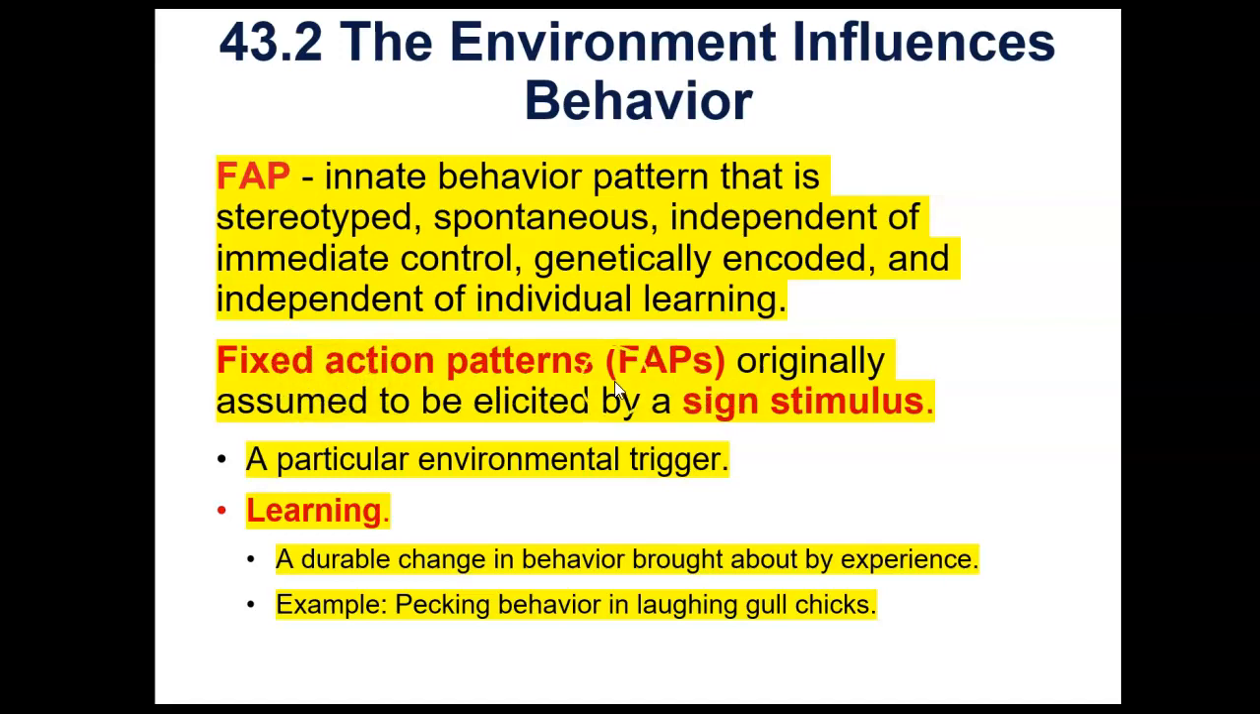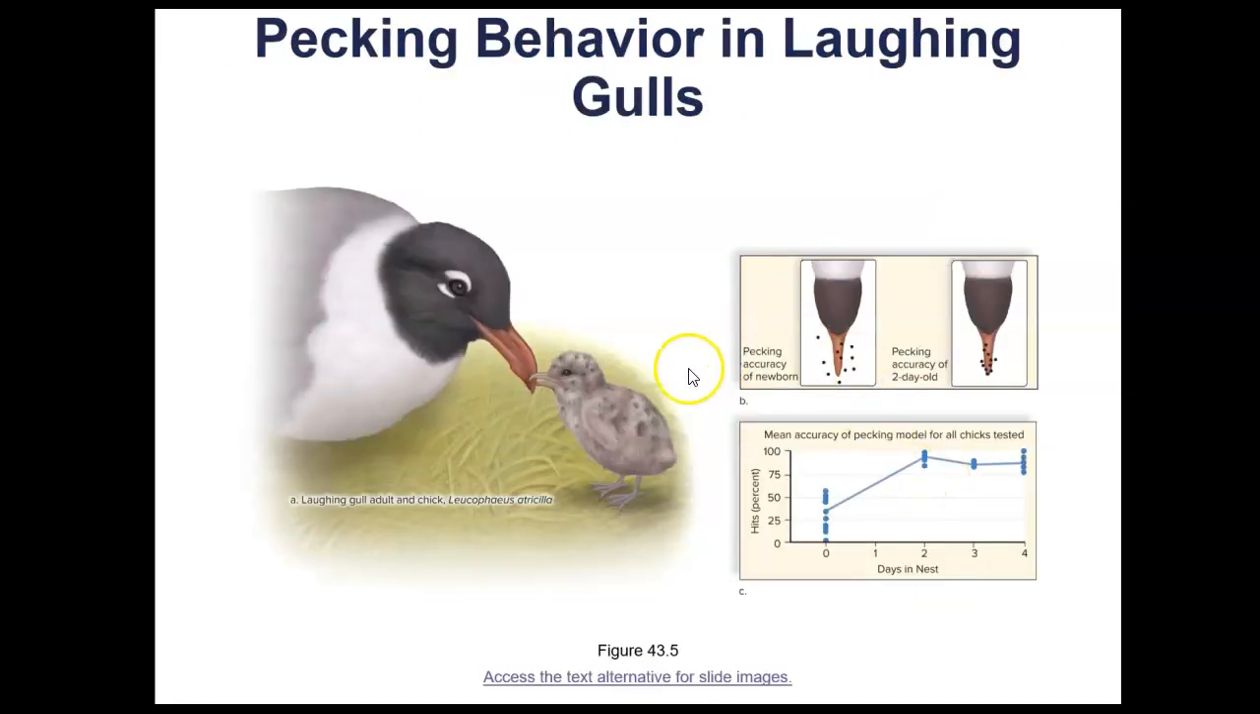So fixed action patterns were originally assumed to be elicited by a sign stimulus or a particular environmental trigger. And learning is a durable change in behavior brought about by experience. So, pecking behavior in laughing gull chicks, they have this pecking behavior innately. I mean, they peck around, like a newborn human baby naturally has a sucking reflex for the milk. Well, the gulls come out and they start pecking around, but look how their pecks are very scattered